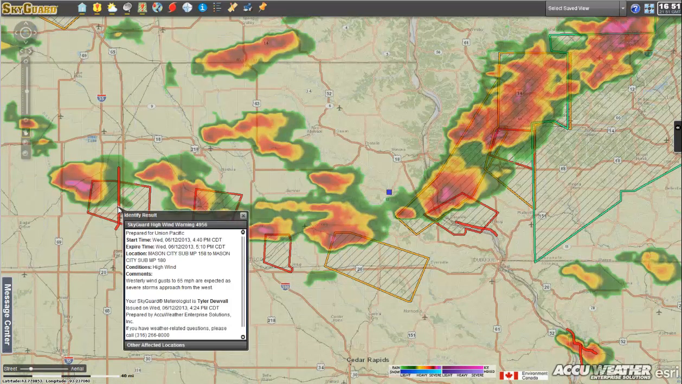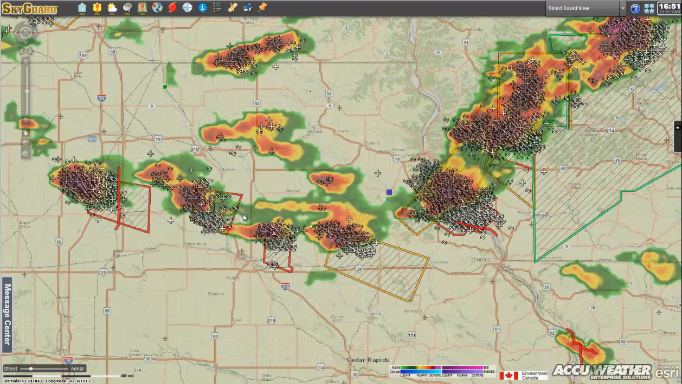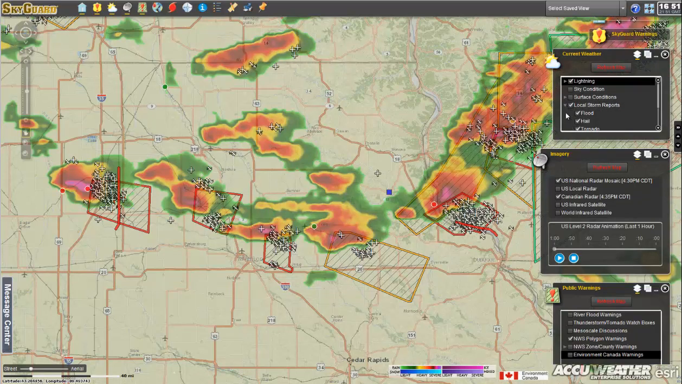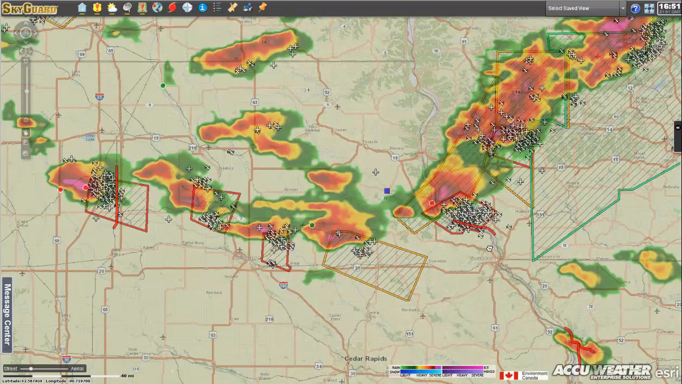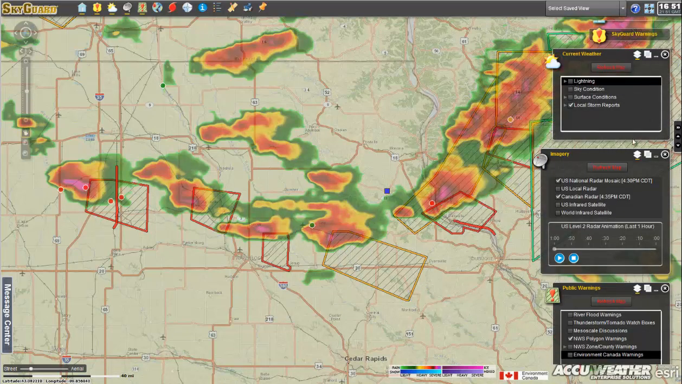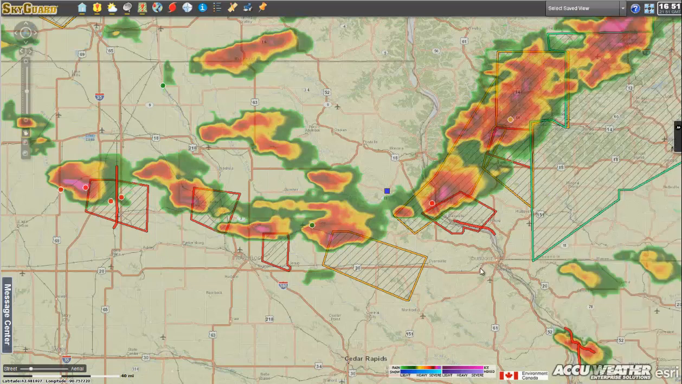So you can see in this case, we have a number of warnings out with lightning displayed. I'm going to turn lightning off here, and only show the last 5 minutes of lightning. Make sure you hit that refresh map button whenever you make changes. If you turn on and off layers, just hit the refresh map and that'll force it to update very quickly. So you can see how SkyGuard Online provides some great situational awareness, be able to see the SkyGuard warnings, the public National Weather Service warnings, lightning strikes in real time,